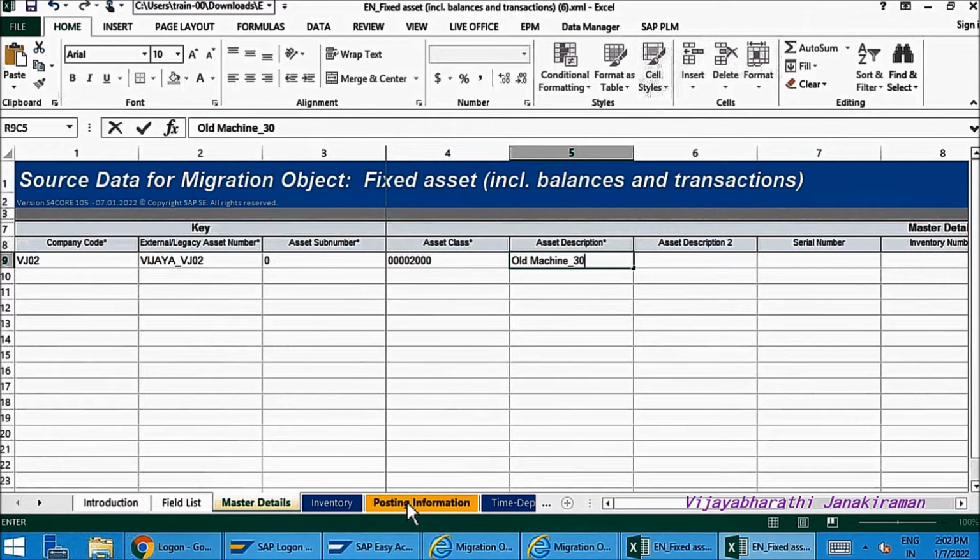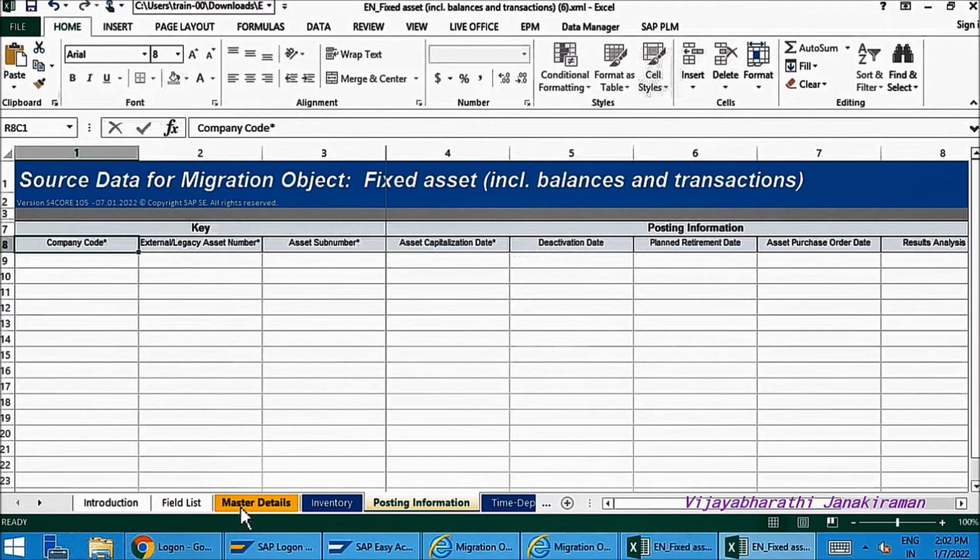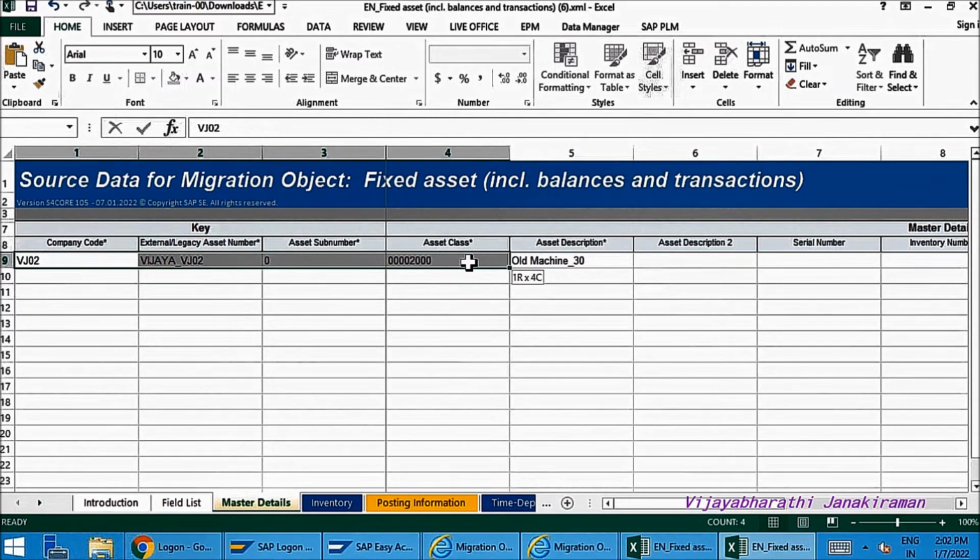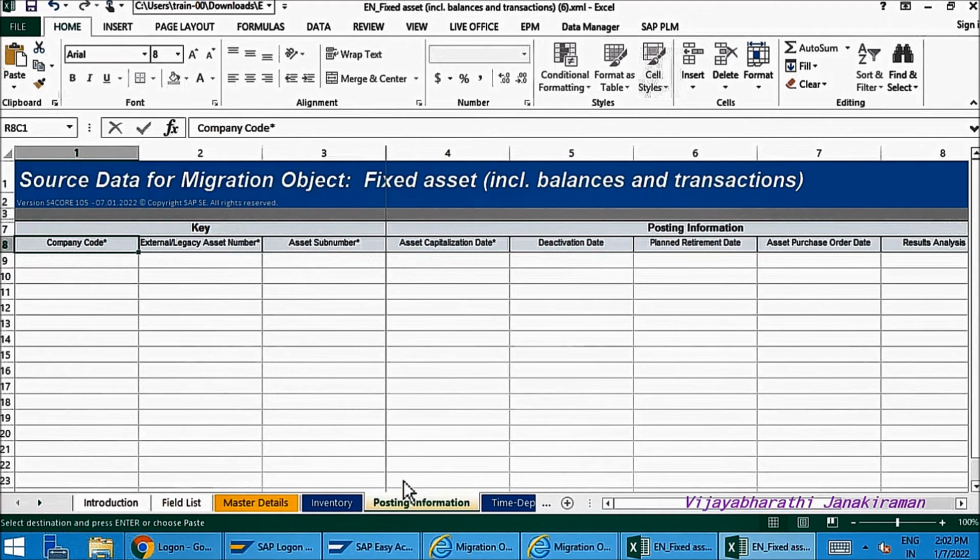Now choose the posting information tab. I am just copying the company code, legacy asset number and asset sub number because this is a mandatory field to be updated in all the tabs. So I am copying it here and pasting it on the posting information sheet.